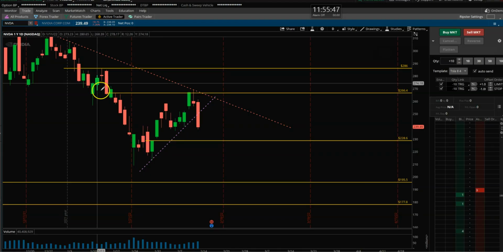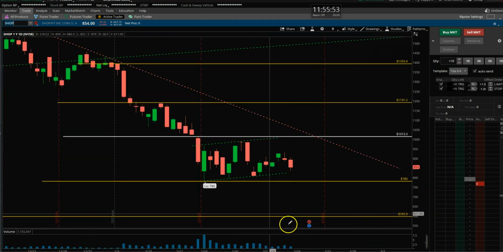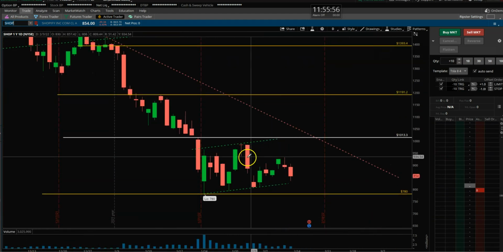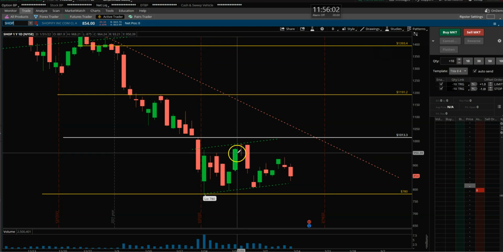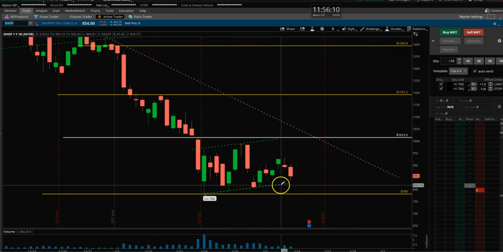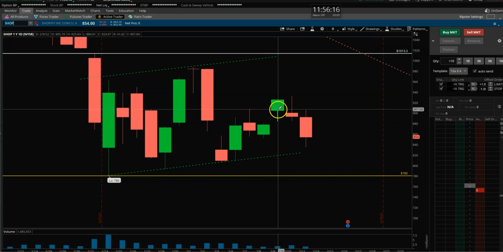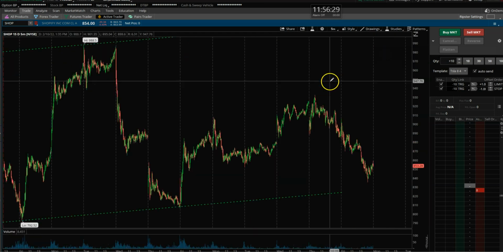Now let's go see what happened in Shop. Right, daily view. Again, in the daily view, this is a bearish flag pattern because you can see the bullish bars are not seeing any follow through, and even with follow through they couldn't really get above the structure here, right? The range between 780 and 1013. In the recent days, if I zoom in, with all these cute little bullish bars, it couldn't even get above the 50% mark of this big bearish bar, right? And these are not really big bullish bars, so just no strength. I'm still bearish on this name.